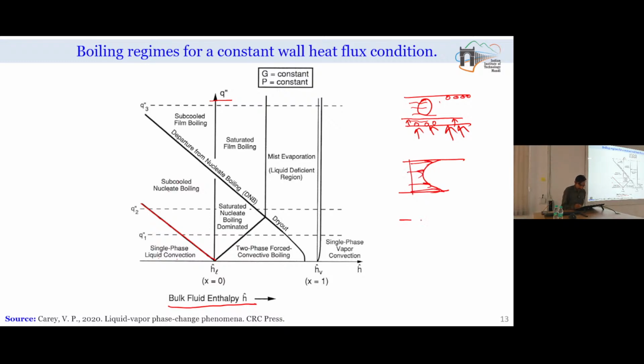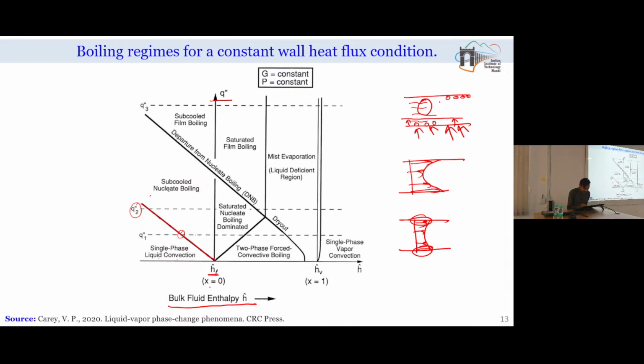But if your heat flux condition is not extremely high, the profile can be like this. So, the temperature near the wall is not much, and gradually the liquid is heating. Then the transition from single phase to nucleate boiling will take place later, but if I go to high heat flux condition, then nucleate boiling can come even in the subcooled conditions. And how am I saying that this is a subcooled condition? Because